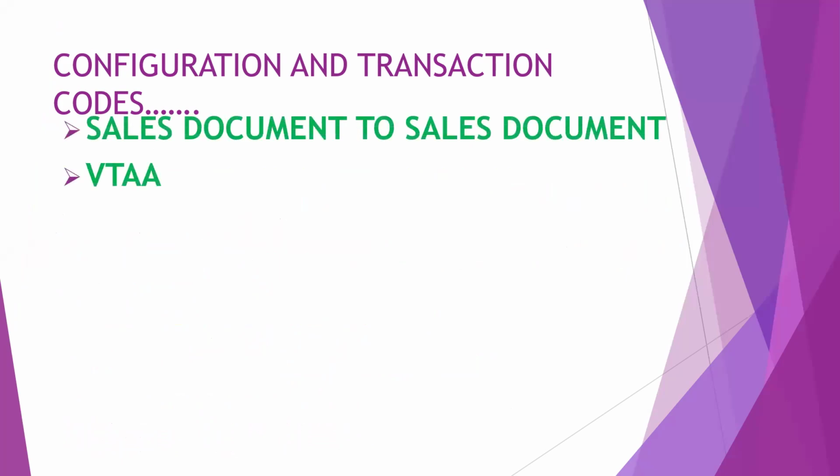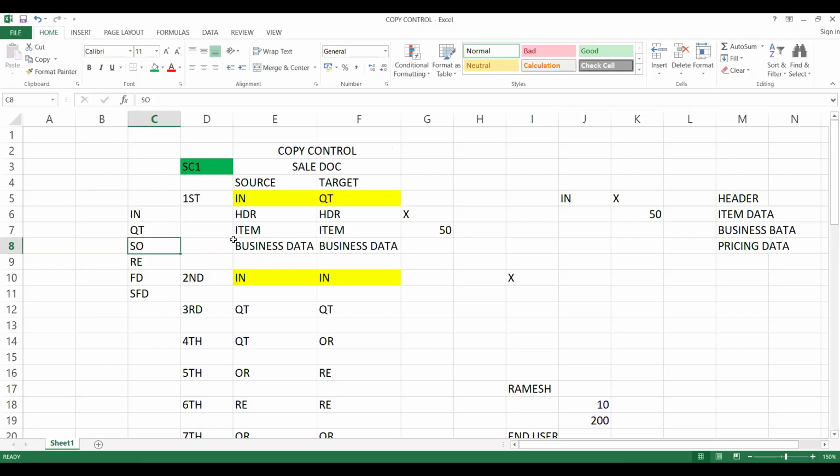First, try to understand sales document to sales document. The transaction code is VTAA. Where exactly the configuration is, and how to remember this, I will explain at the end of the session. Here we'll see inquiry to quotation, with an example of how to set up copy control between inquiry to quotation and quotation to quotation. After that, we're going to see what controls we have in the copy control